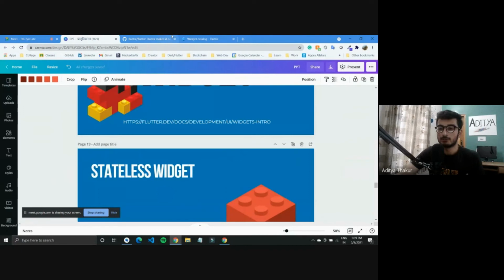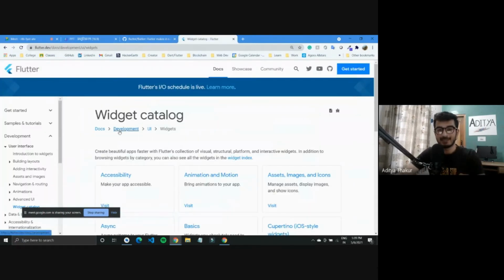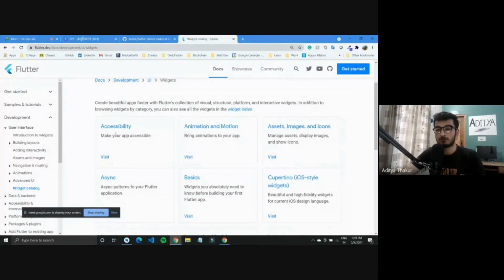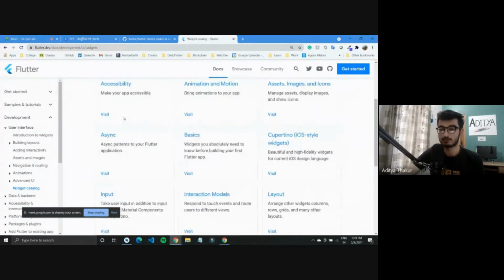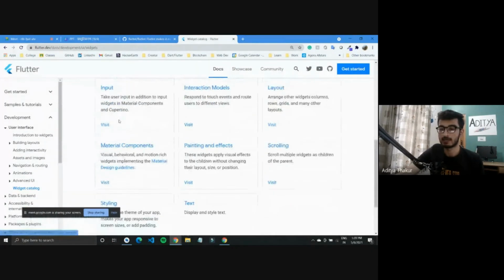But you have widgets like text that you can use. So if you want to insert text in your Flutter application, you can use a text widget and put the text there. So if you want to use an image in your application, there is a widget for that as well. So we have this widgets catalog that lists out the widgets that you can use inside your Flutter application.